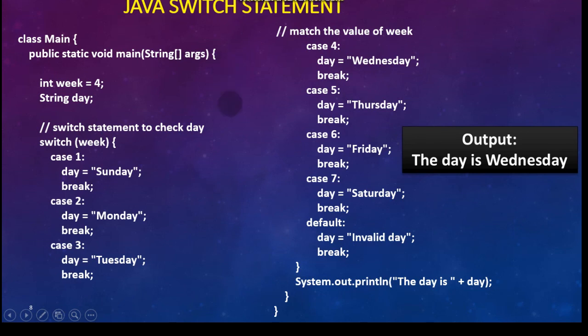Here each time case 1, case 2, case 3 is used, and each time we separate one case from the other, we use the break statement. You can see now the output is the day is Wednesday. It means I have inputted case 4, that is, in the output terminal I have placed the number 4. When I input the number 4, this is the output you will get. So this is about the switch statement. In conditional constructs in Java, there are 3 things: if, else and switch.